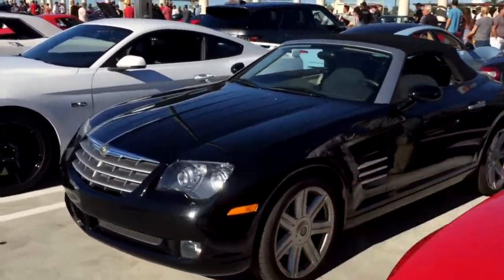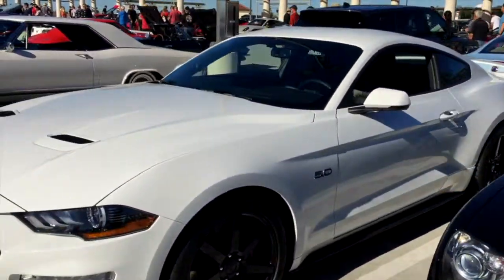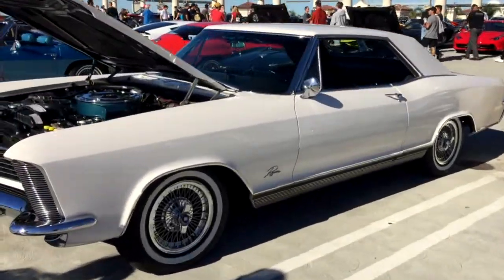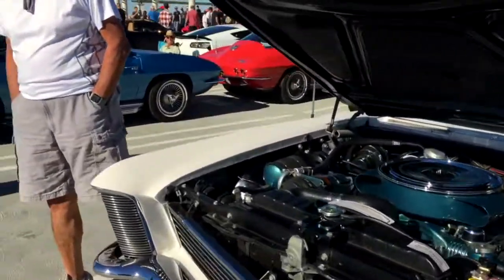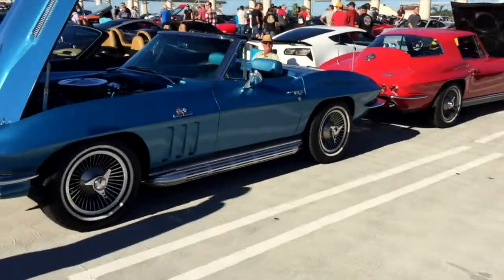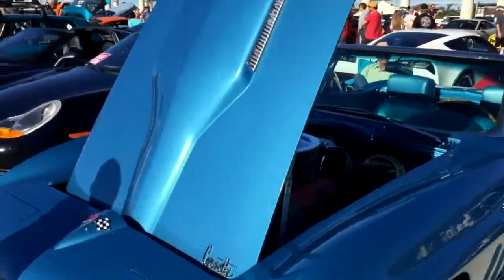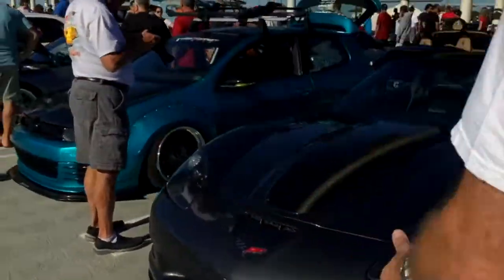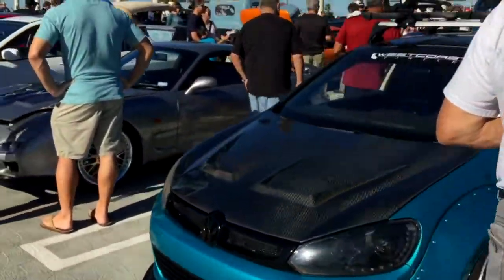Mustang, other Mustang there. A Crossfire, of course built on a Mercedes-Benz platform. Mustang, Riviera. Every time this guy drives in this car, I say to him, have you changed your wheel yet to put it in my wheel? Love that 65 Riv. Another 427 Corvette. Porsche, a C6 Corvette. Volkswagen,